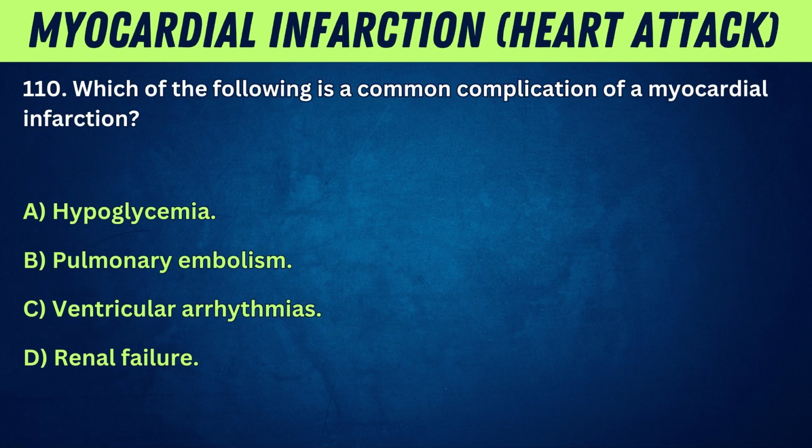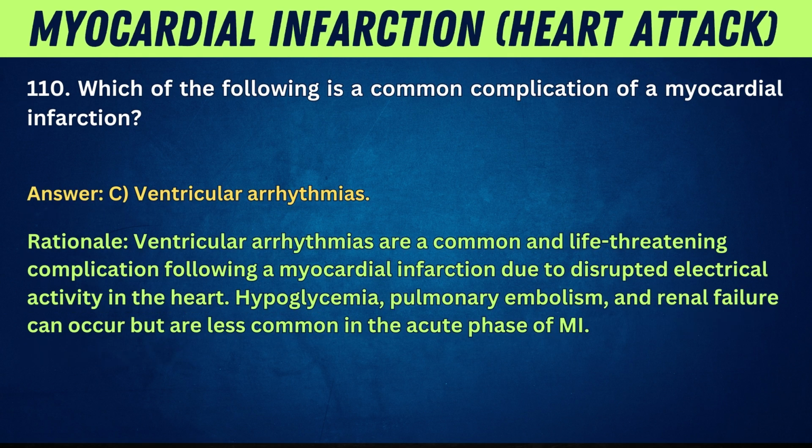110. Which of the following is a common complication of a myocardial infarction? A. Hypoglycemia. B. Pulmonary embolism. C. Ventricular arrhythmias. D. Renal failure. Answer: C. Ventricular arrhythmias. Rationale: ventricular arrhythmias are a common and life-threatening complication following a myocardial infarction due to disrupted